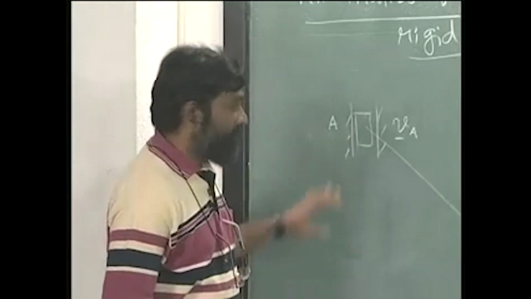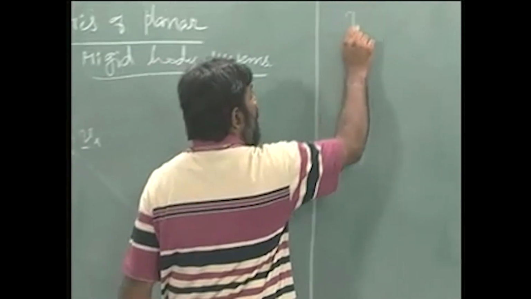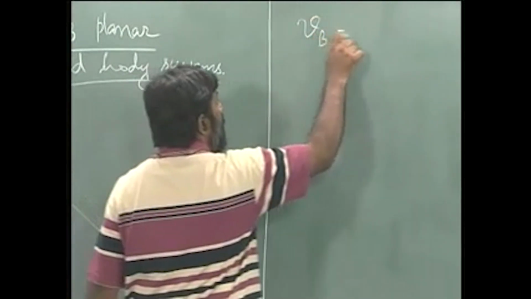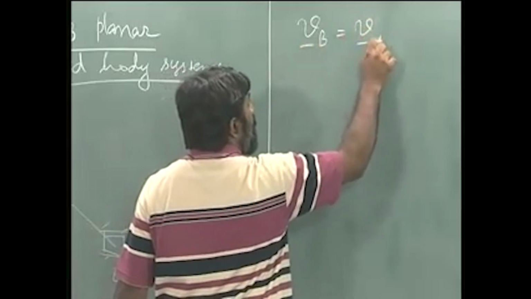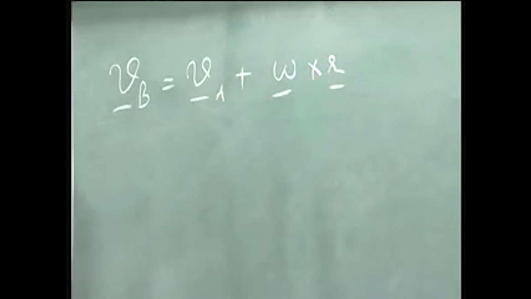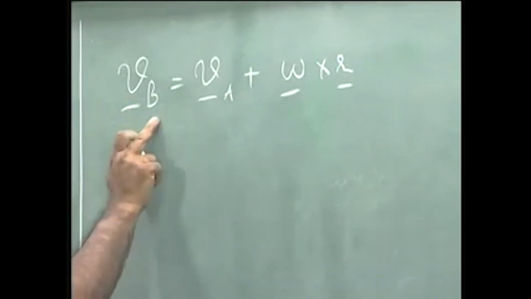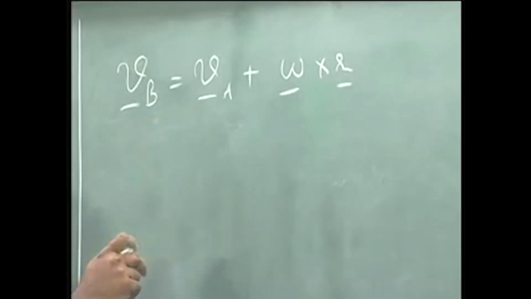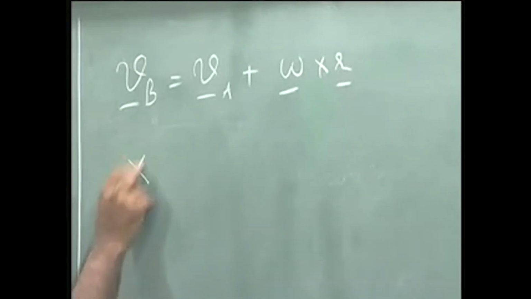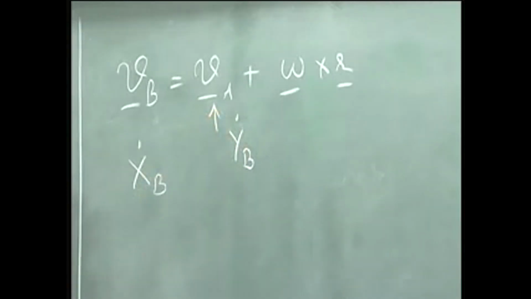Now we looked at this particular problem in two different ways. One was writing it as Vb equals Va plus omega cross r, right. The other one is looking at this, since Vb direction is known, Va direction is known, this is nothing but xb dot and this is nothing but yb dot. I am looking at only magnitudes, okay. I am sorry, ya dot,